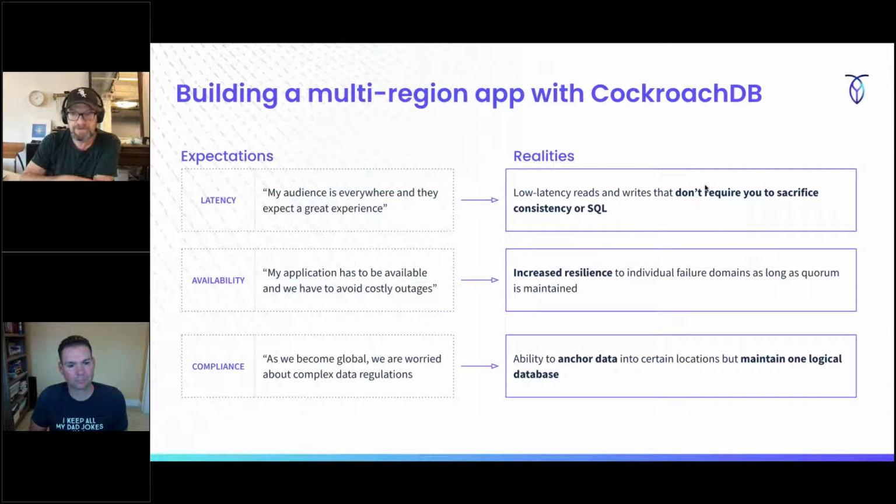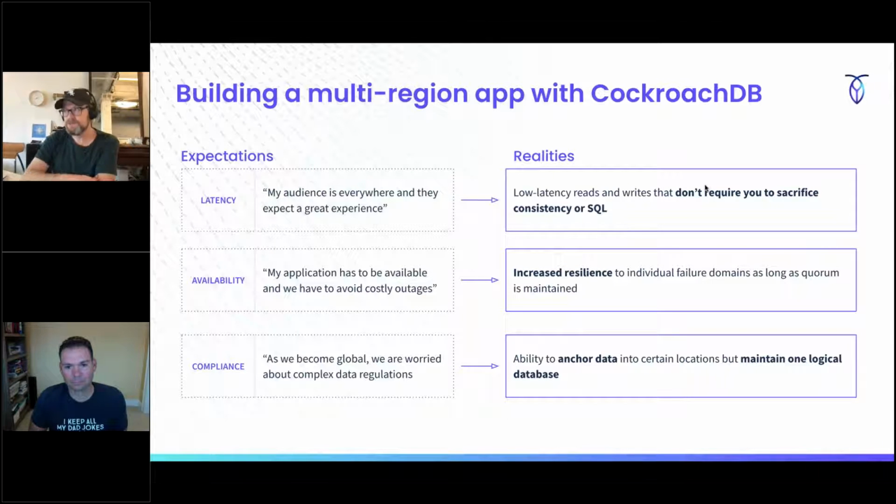In Cockroach, we actually write data in triplicate throughout the cluster, and any write is going to require a quorum write. So 2 of 3 of the nodes, 2 of 3 of the copies have to actually commit that, right? And so a lot of work is done there. And then this ability to tie data to a particular location is really, really critical.